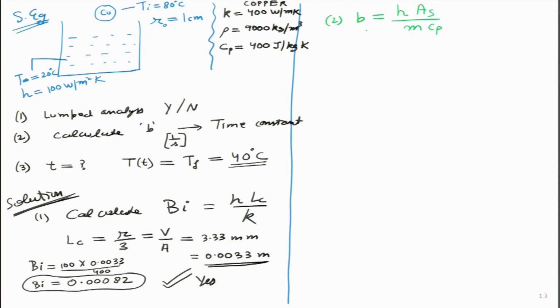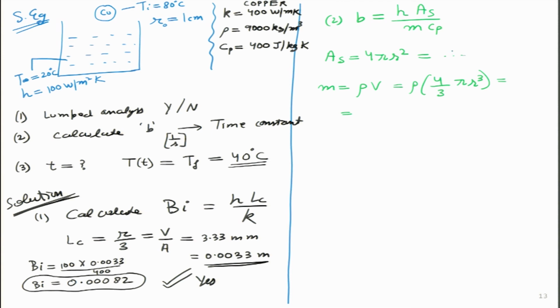There is some calculation involved here, because the surface area I can calculate based on 4 pi r square. So, this value I will be able to figure out. Then mass I can calculate based on the volume. Density I know, and the volume is 4 by 3 pi r cube. These things I have already calculated before. I would request students to double check the calculation in case I have made some human error. Let me go ahead and write those values here.